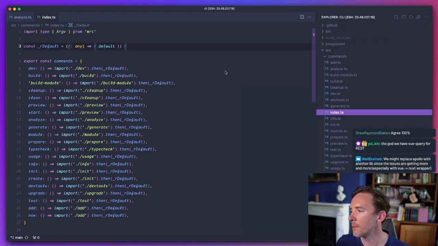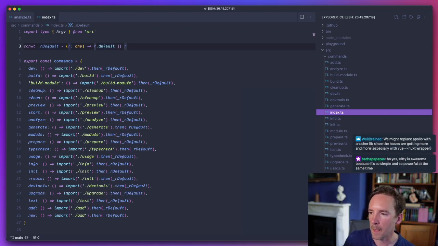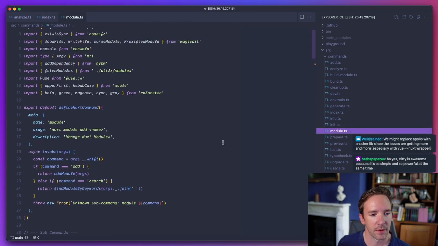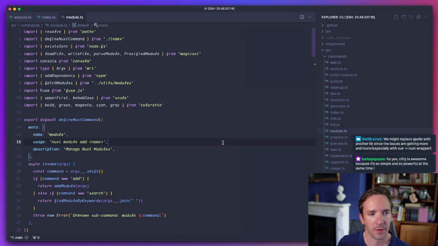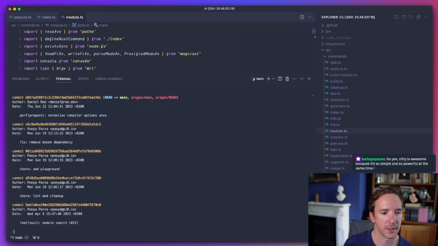I think it's just been rebased by Pooya, so maybe it's missing the Citty integration. But yes, Citty is pretty cool. I'm very confused. I think it must be the fact that it's just been rebased and pushed.